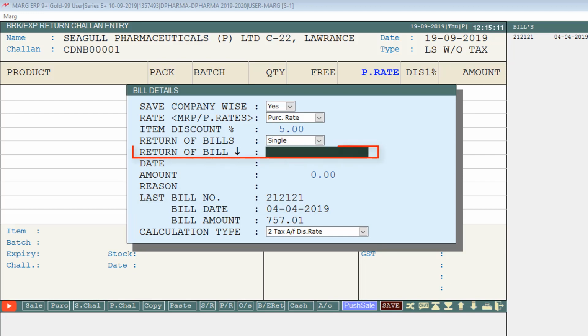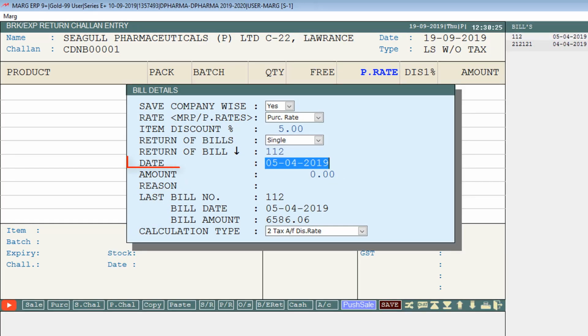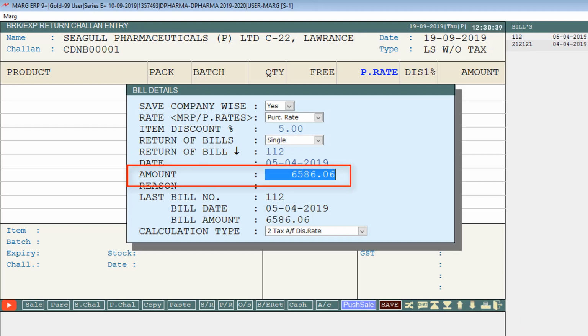Otherwise you will mention the party number of which breakage expiry issue challan you want to create as per your requirement. As you mention the party number here, you will see that all the details related to this bill number, like bill date and bill amount, will be reflected. And as you press enter, the software will autofill the bill date and bill amount here.